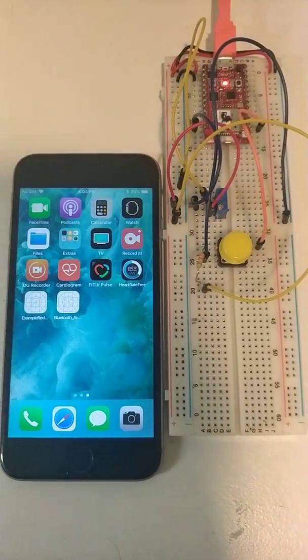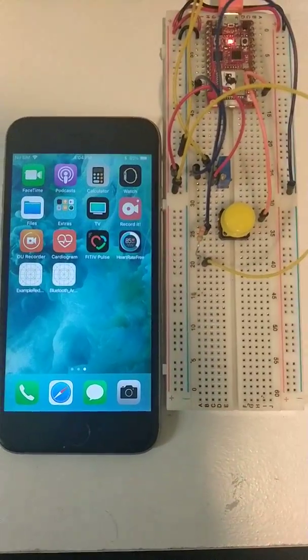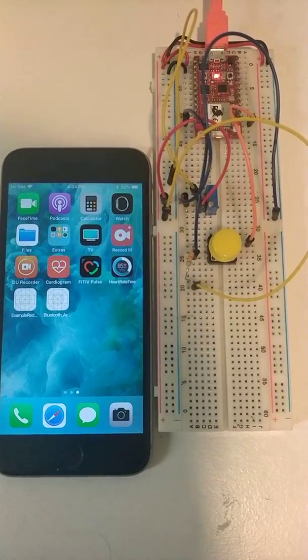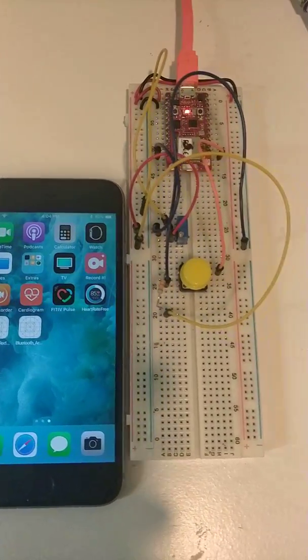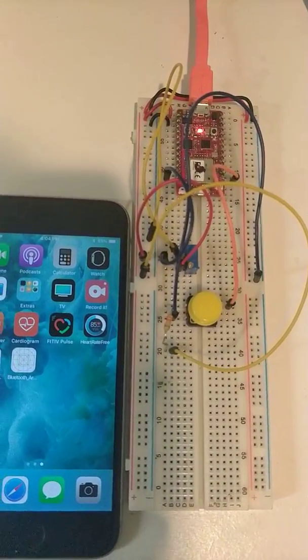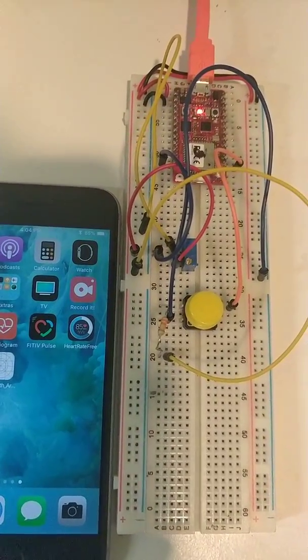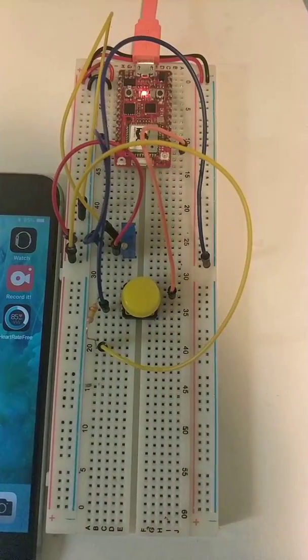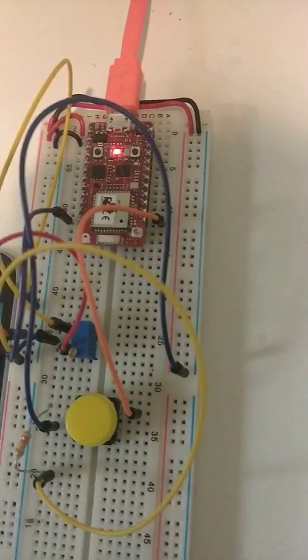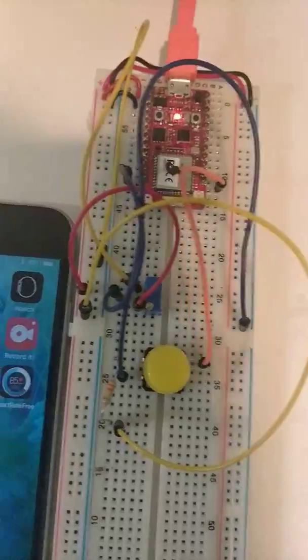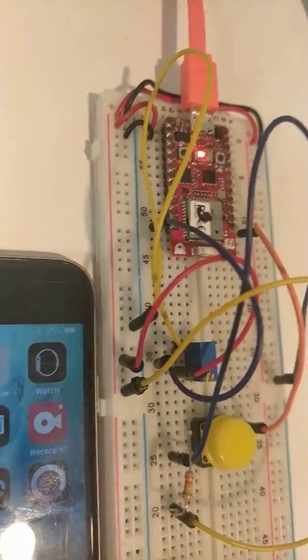This is a video demonstration of our Lab 5 assignment, Bluetooth Arduino sensing. For this assignment, we are using an Arduino Duo board. A button and a potentiometer are connected to this board. The input of the button is connected to the pin D0 and the input of the potentiometer is connected to